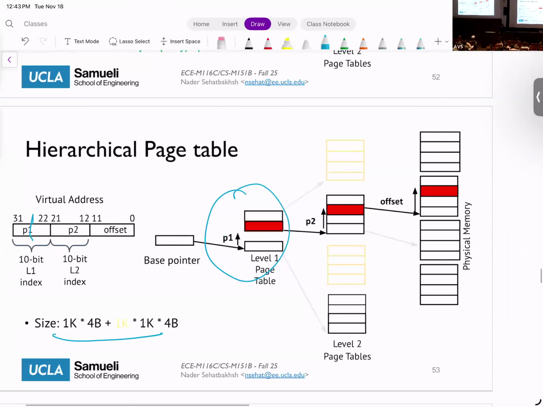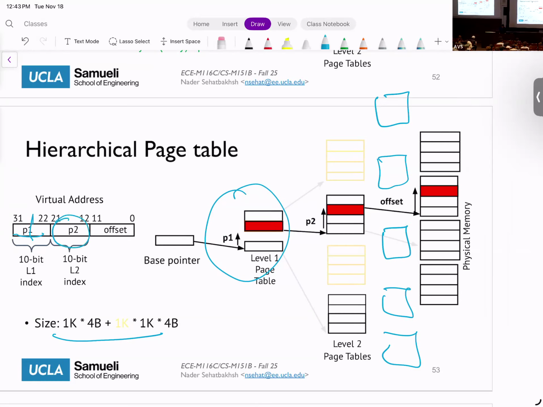Then you can actually do it multiple times. The reason that you're having multiple levels is, again, to benefit from this even more. So saying that, okay, for the first page, I not only don't need to assign level 2, I also don't need to assign level 3. But then, for example, if there is some sparsity in level 2, you also don't need to assign some of these level 3s, and so on and so forth. So the more sparse, the more benefit you get from this kind of hierarchical way of organizing the address space.